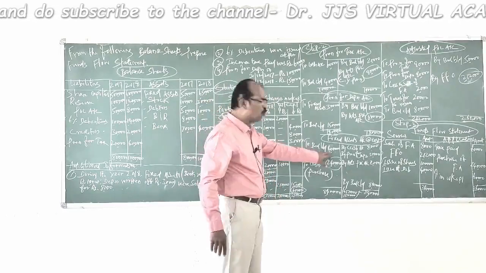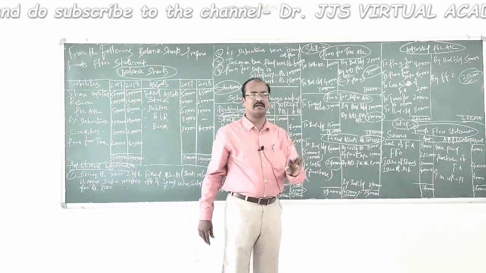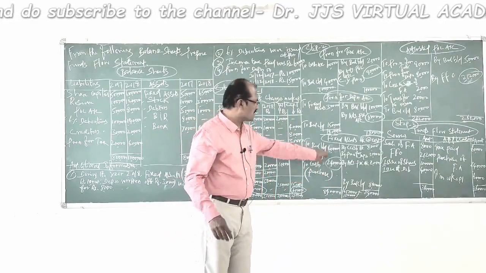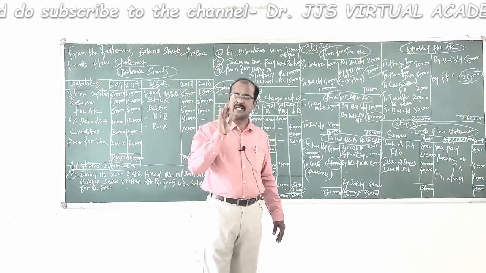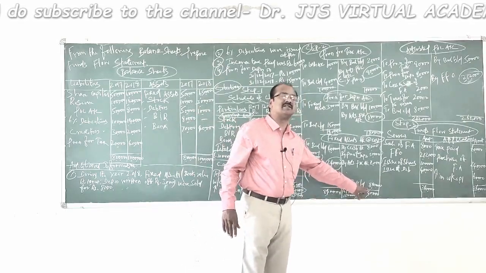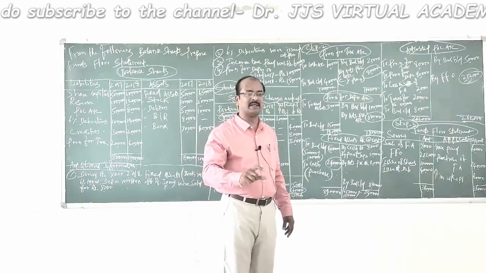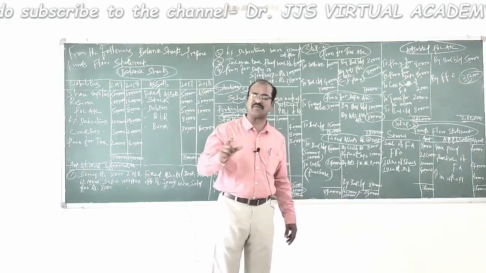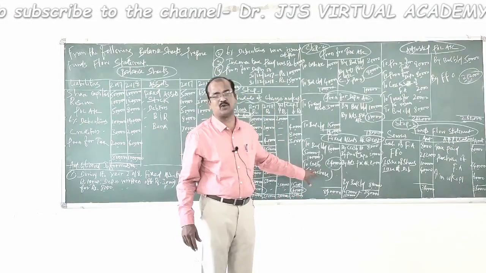Now listen to me. Opening cost value of fixed asset is 6 lakh. We sold a fixed asset with a cost of 40,000. So 6 lakh minus 40,000, the expected closing balance in fixed asset is 5 lakh 60,000. But what is the actual closing balance in fixed asset account? 8 lakh rupees. Therefore, we find there is an increase of 2 lakh 40,000 rupees in the value of fixed asset, which is nothing but purchase of new fixed asset during the current year.